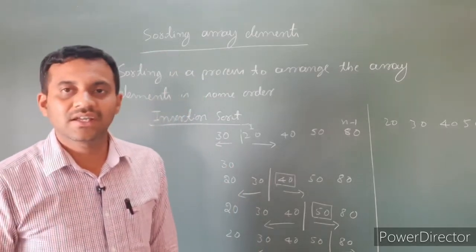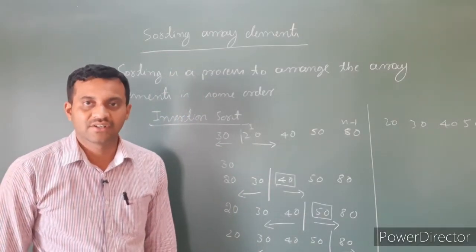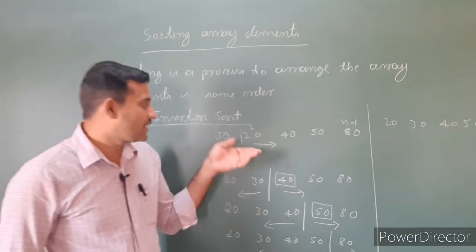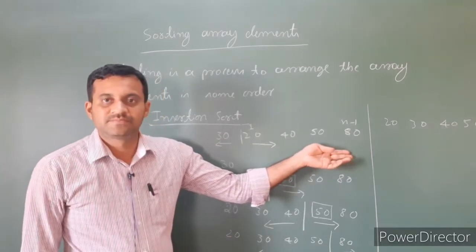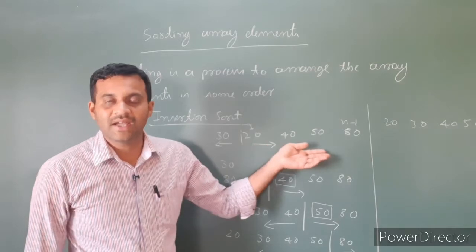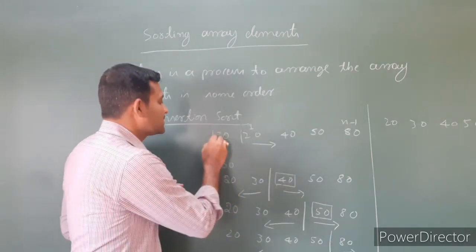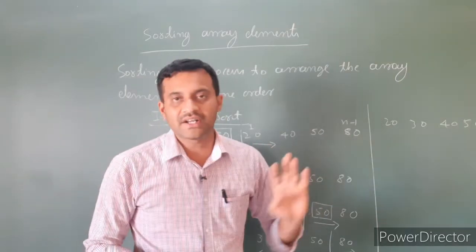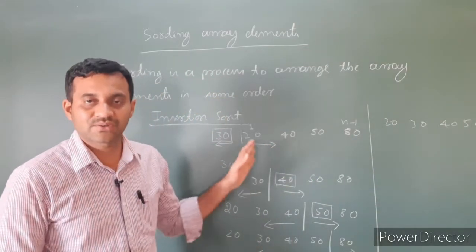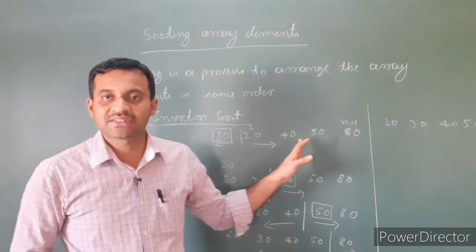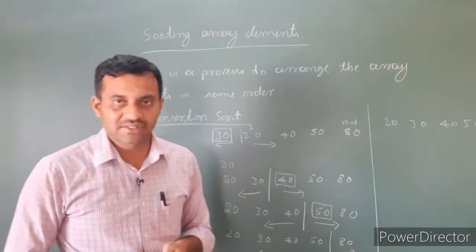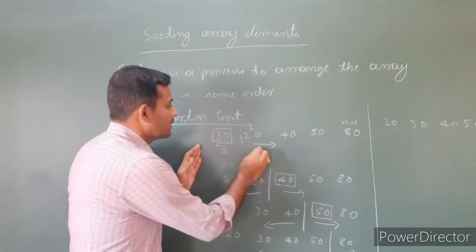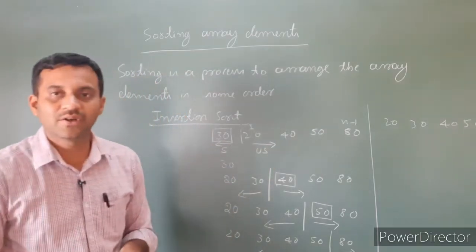So this is the technique in insertion sort. I repeat what we did in insertion sort. First we read the unsorted elements. Assume that the first element is a sorted element and the remaining are the unsorted elements. Otherwise, we make it two portions, one is the sorted portion, another one is the unsorted portion.